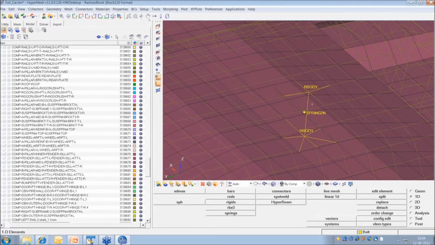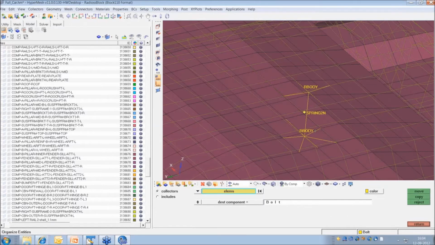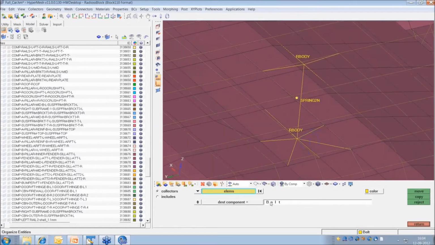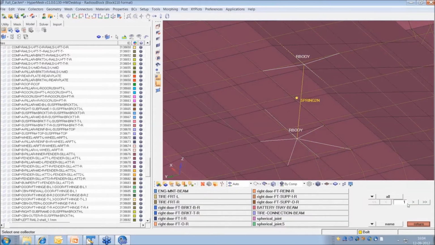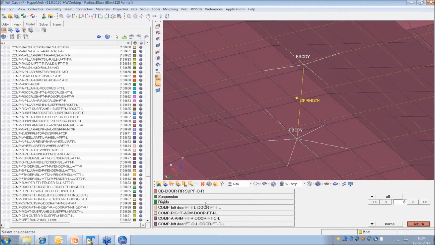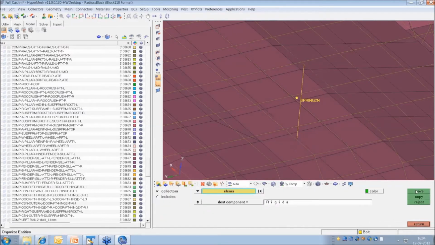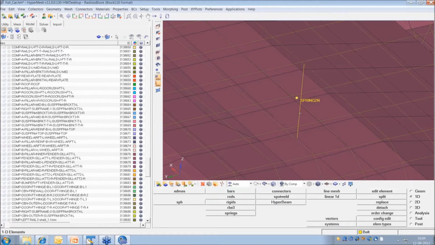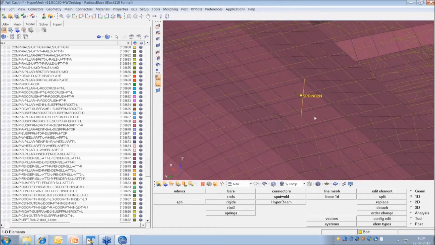Now, what I am doing is these two rigids, I will move to a rigid collector, which we already have. So these rigids, I'll move to the rigid collector, move. And for the spring which is in this bolt collector, I'll just update the property.